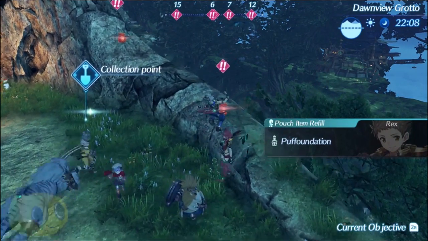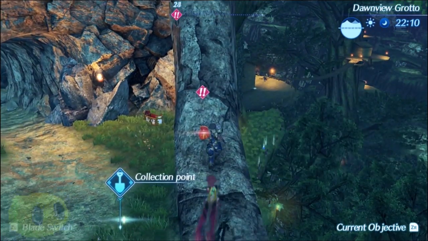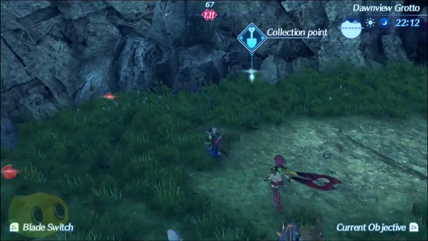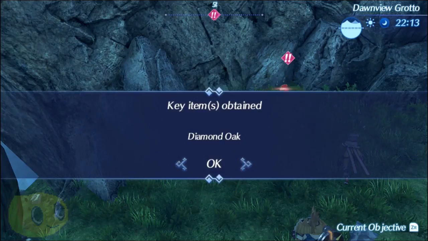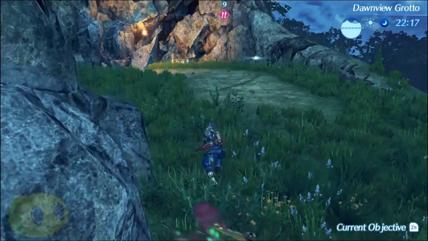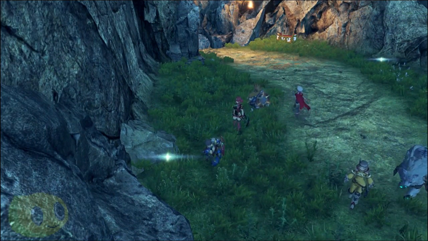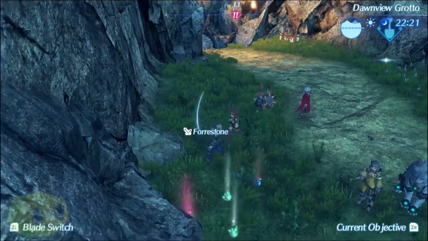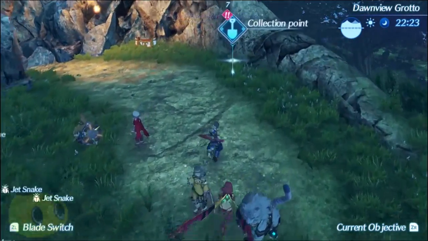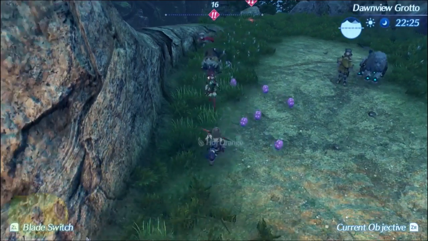Alright guys, we are now here at the location after that enemy decided to waste my time, but here are the items that we need to collect. Diamond oak. Diamond oak. By the way, you couldn't collect this earlier. This is a big scripted event that you need to do. And so before you can even get the item, you have to literally talk to